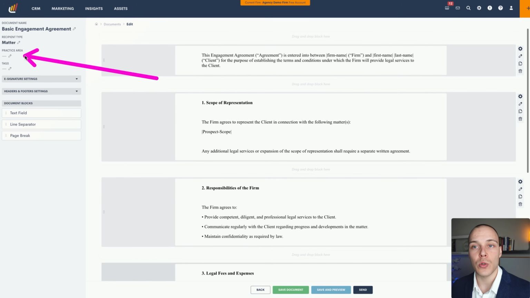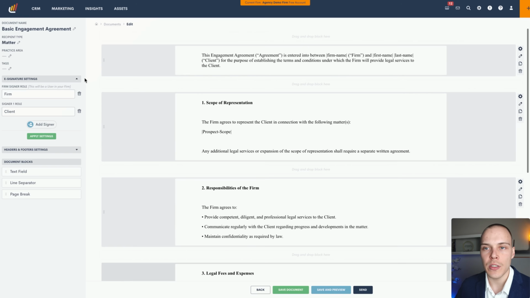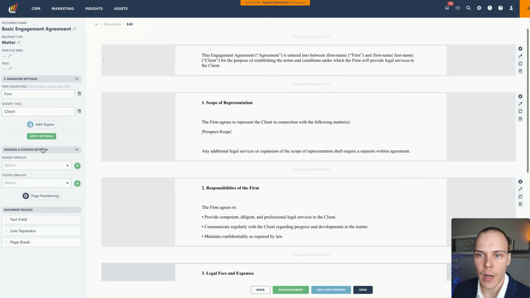You'll also be able to actually filter them out by practice areas and also add any tags. Now, if you want to enable e-signature settings on your documents, you'll be able to add any signers that you may need over here. So for example, this can be a firm signer or one client, multiple clients, as many really as you need. Apart from that, as I've shown previously, you can define default headers and footers for your